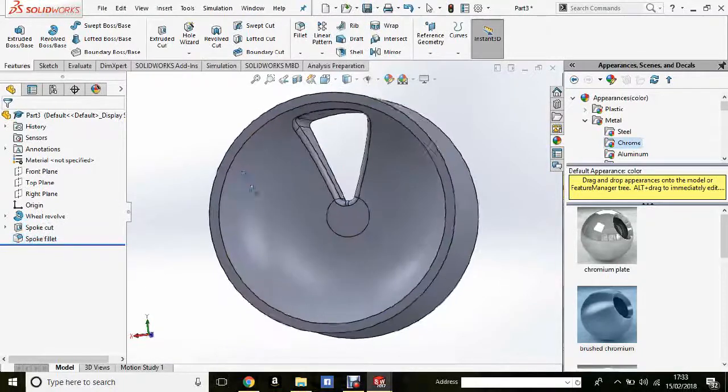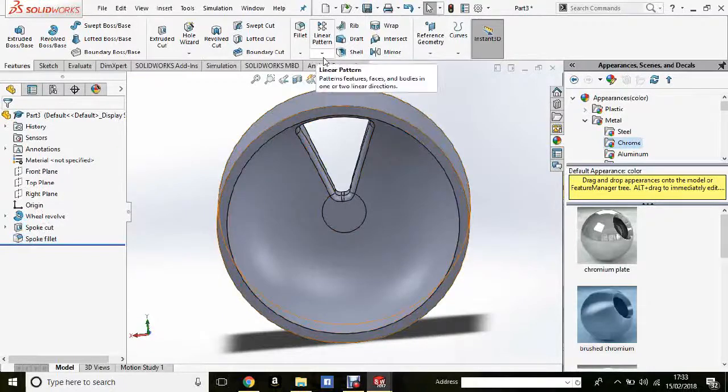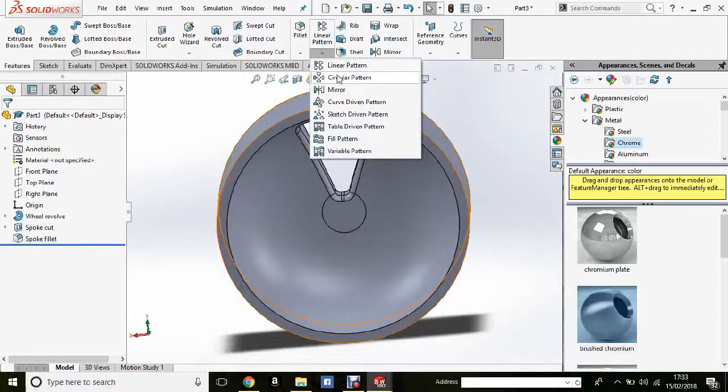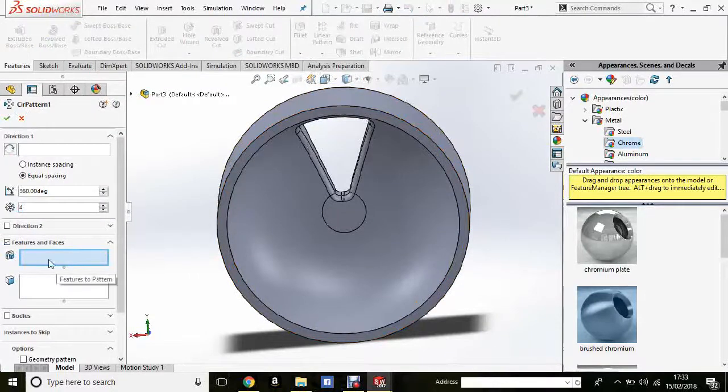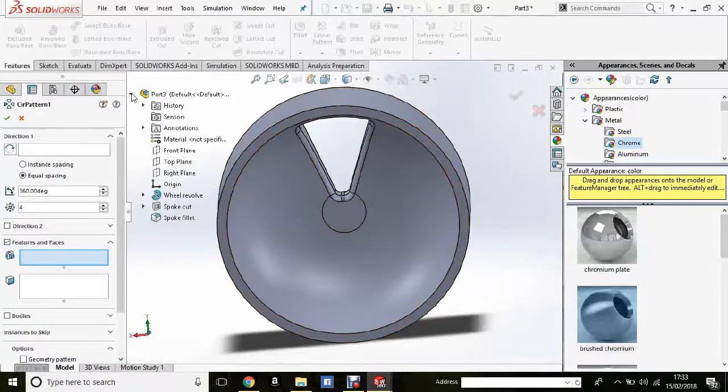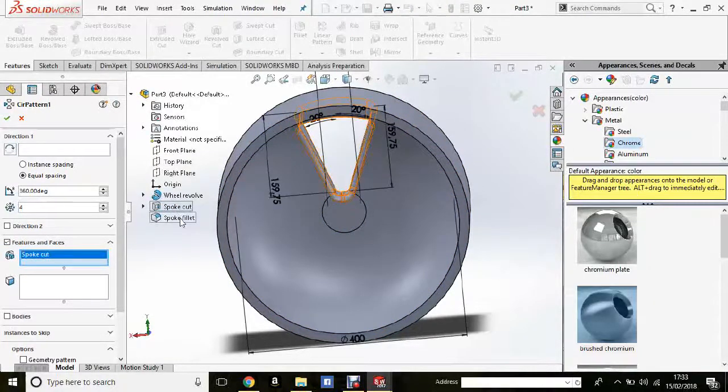So after that we'll create a circular pattern, and then I'll most probably have to do a part 2 of this video due to the length. So we'll just do a circular pattern, and now it's asking us for the features and faces. So what we want to do is click up here off of our tree and select the spoke cut and the spoke fillet,